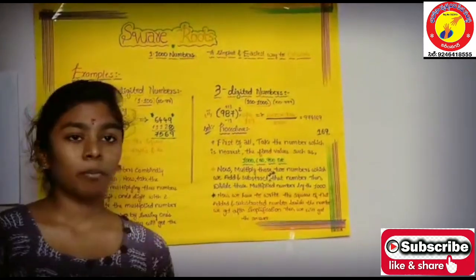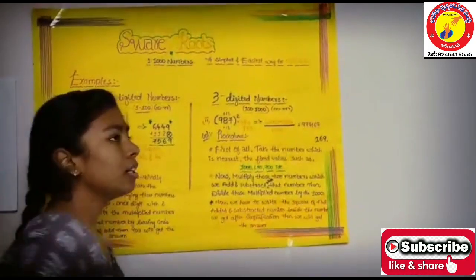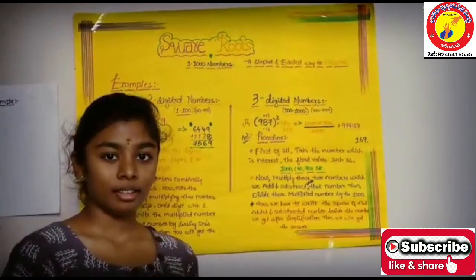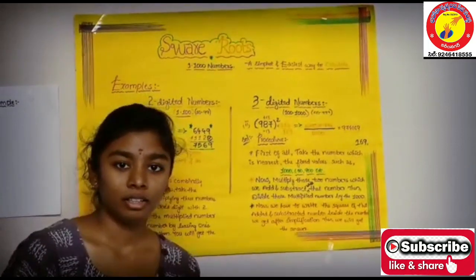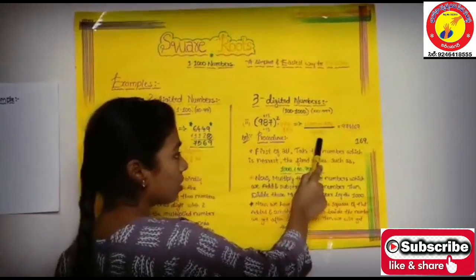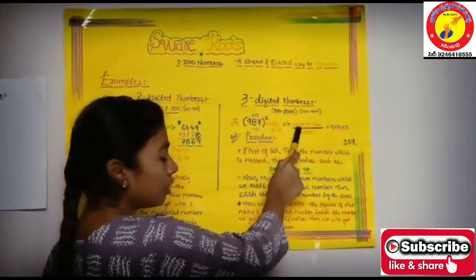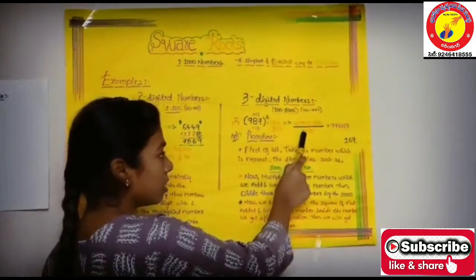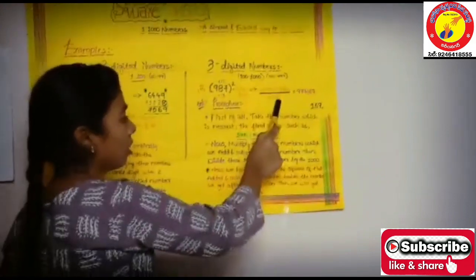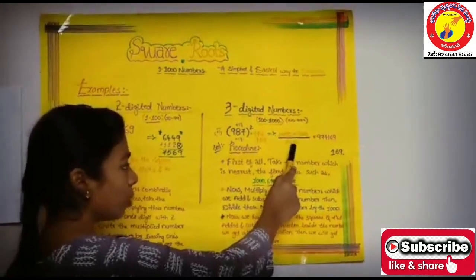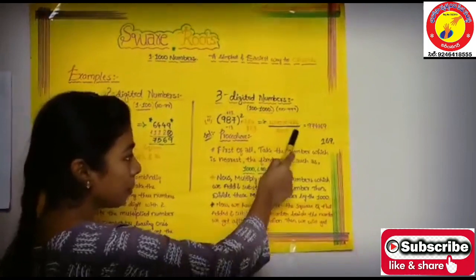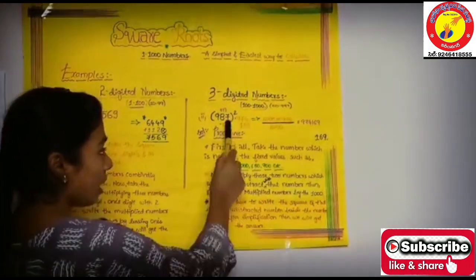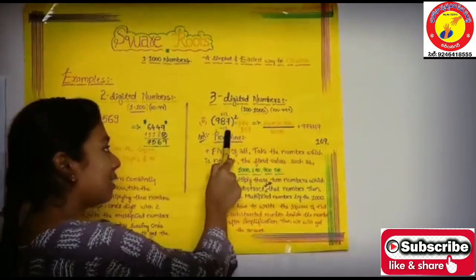Then step number 2. Denominator should only be denoted by 10, 100, or 1000. So here we have taken 1000. Why? Because we have here 4 digits. If we have here 3 digits, we only denote 100. So as having 4 digits, we denote 1000. So here 1000 gets cancelled. The remaining number will be 974. Now step number 3. The step number 3 is, as we added 13, as we subtracted 13, we should take the square of 13.